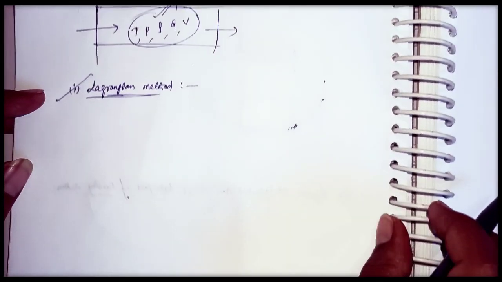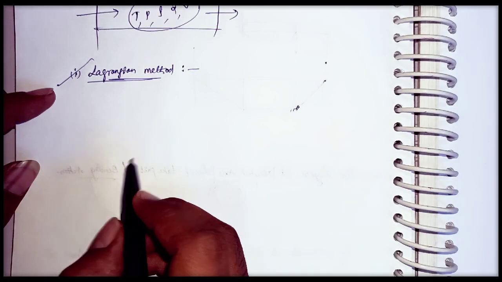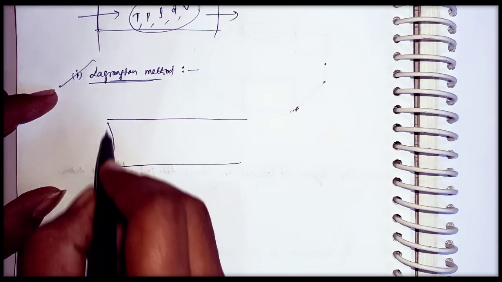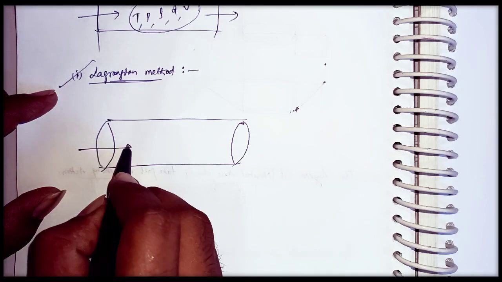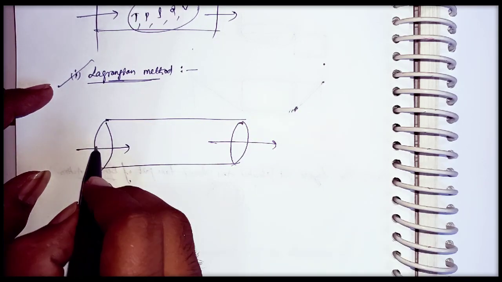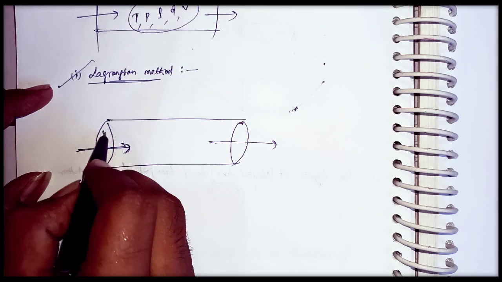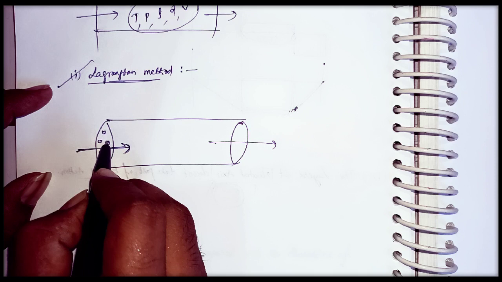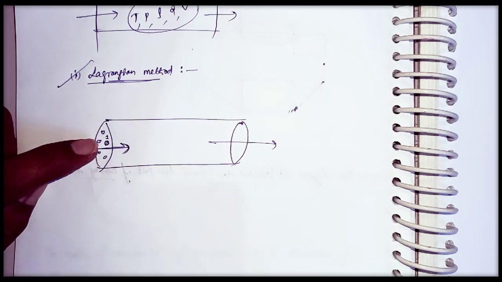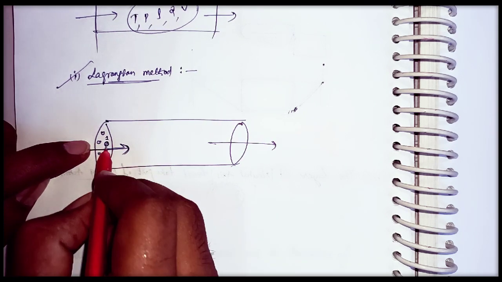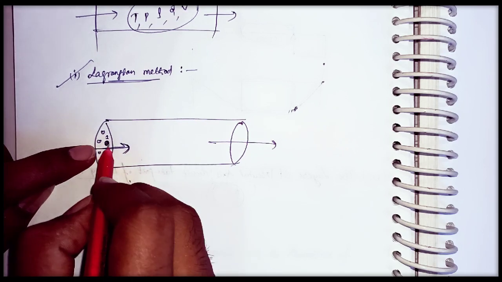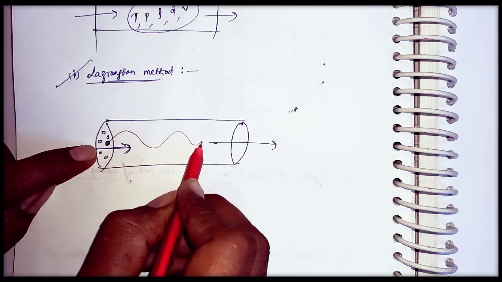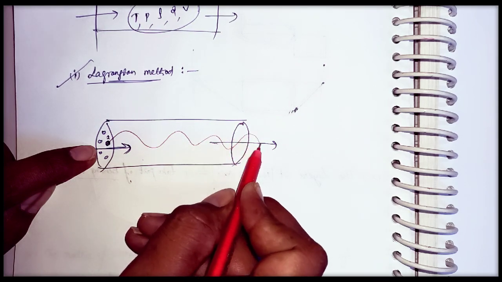To understand the Lagrangian method, I am considering one example. Let us consider the fluid is flowing from the left to the right direction like this. At the starting point on the left, there are different fluid particles. I am considering one single particle, and let us consider this is the first point. This first fluid particle is taking a position, and it has a path like this.